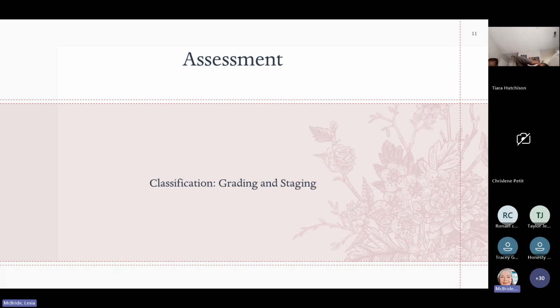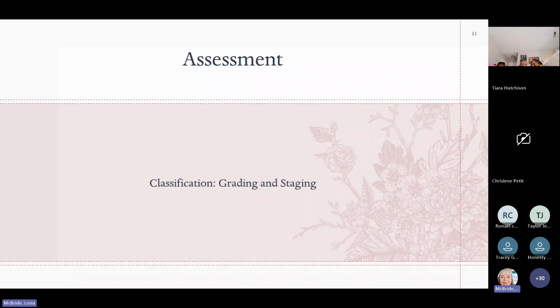So, what is the assessment? We're looking at grading and staging. Grading is looking at the cells and seeing how different they are, or how much differentiation has occurred. Are they completely different than the normal structure of the parent cell? If it's well differentiated and it looks like the mother cell, then it may be more benign. Again, we said that poorly differentiated cells, meaning they have little resemblance to their parent, may be more malignant, and it can be very aggressive, so we know how aggressive it is.